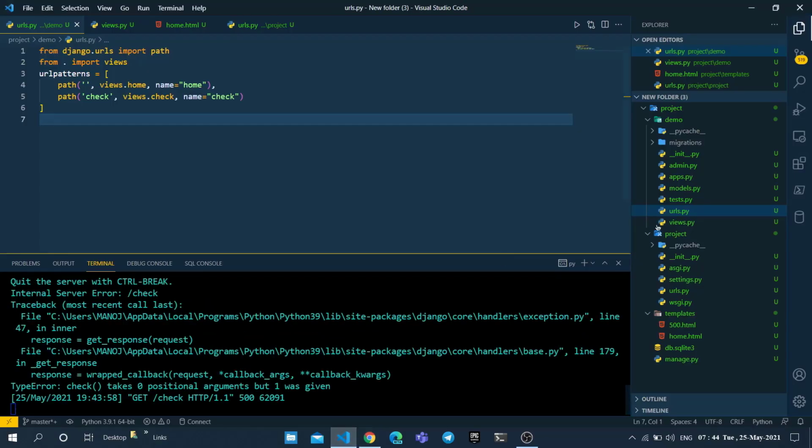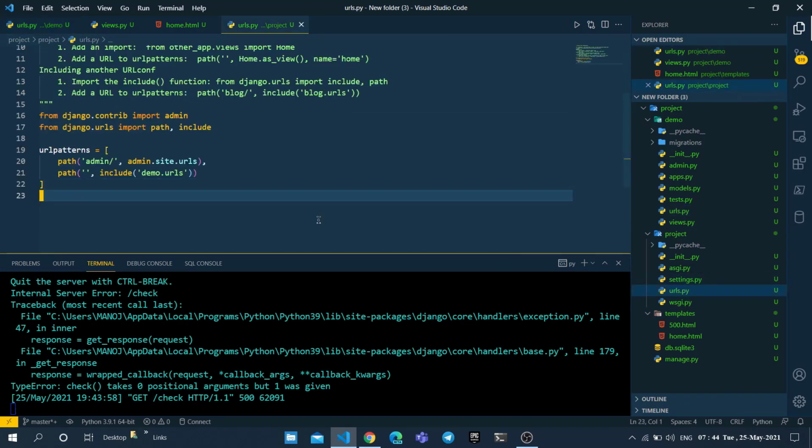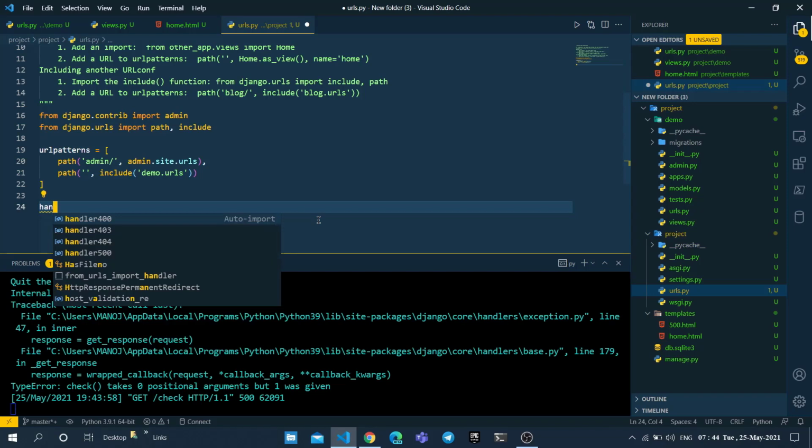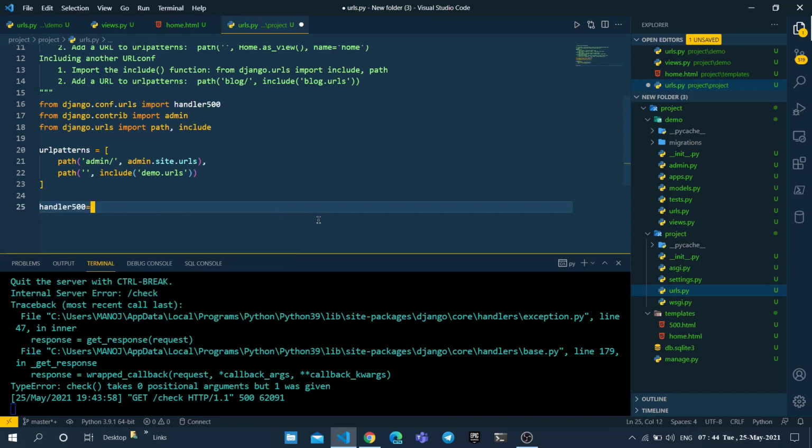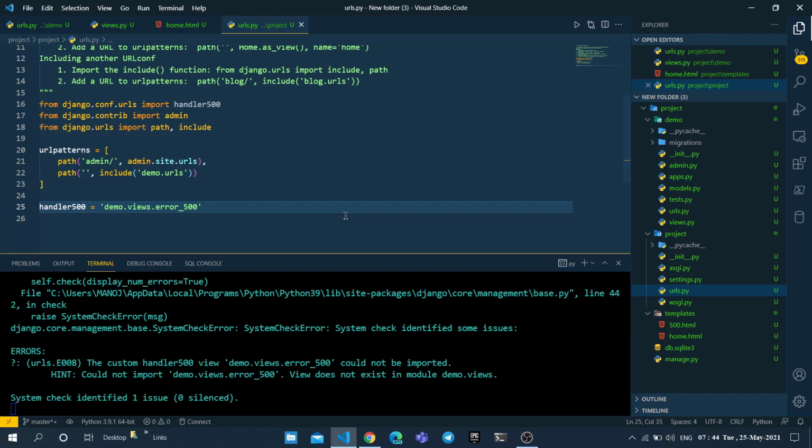How we can do that is go to the main urls.py. Outside of urlpatterns, create a handler500 variable equal to demo, which is our app name which we have created, demo.views.error_500. We got an error because we haven't configured that view in our demo app.